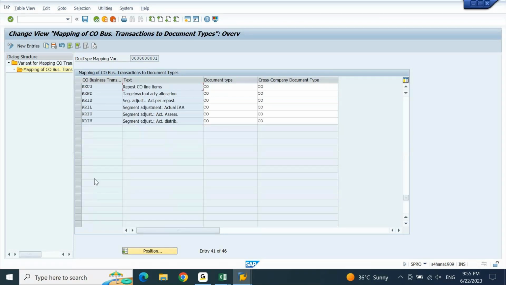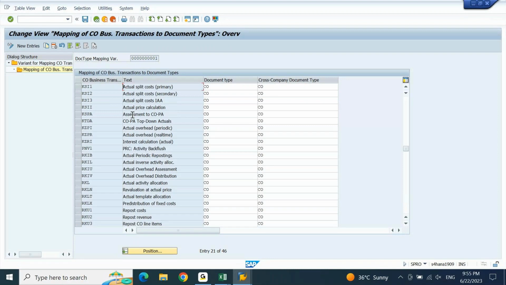RKIV. Here it is RKIV. Here you will find the document type as CO. Correct? Now, if you go back,